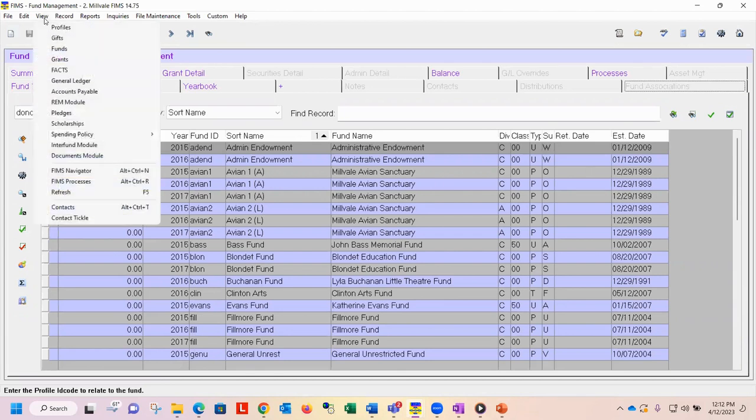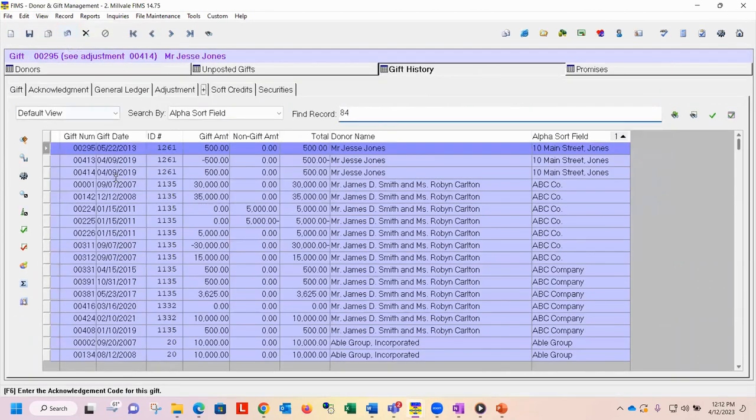And just one more before we move on, I want you to see. Okay, so I just went to the gift module and I'm going to go to find my,